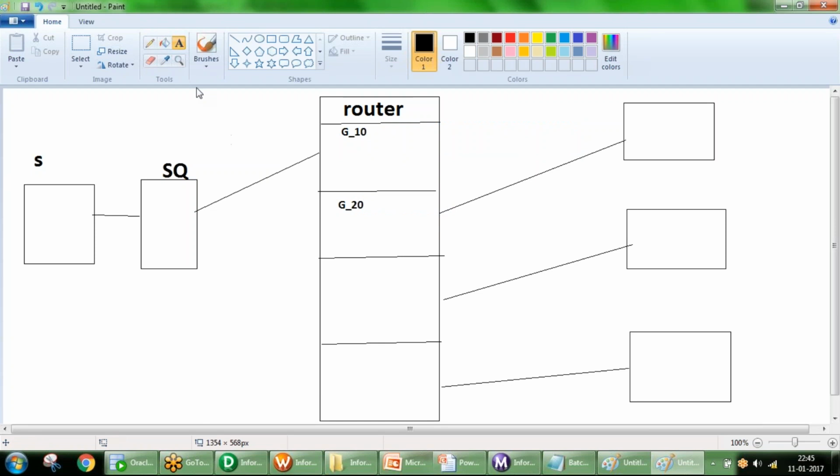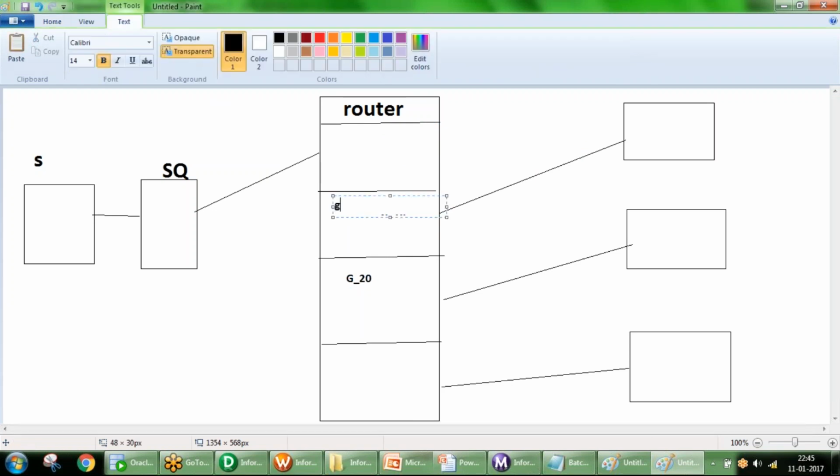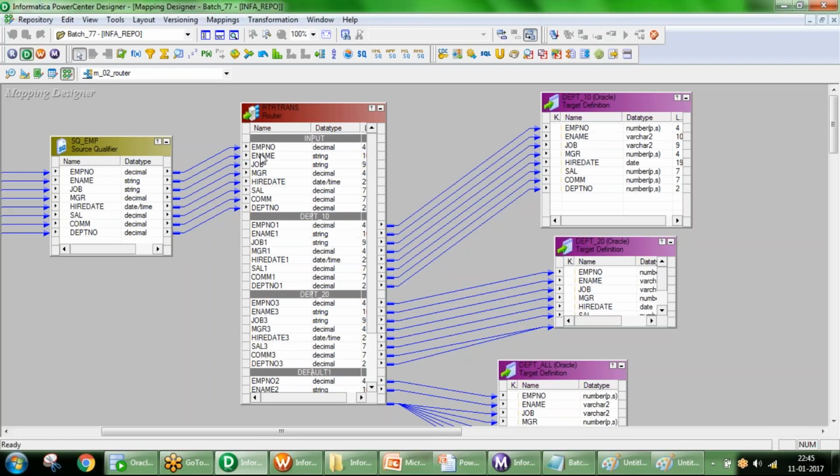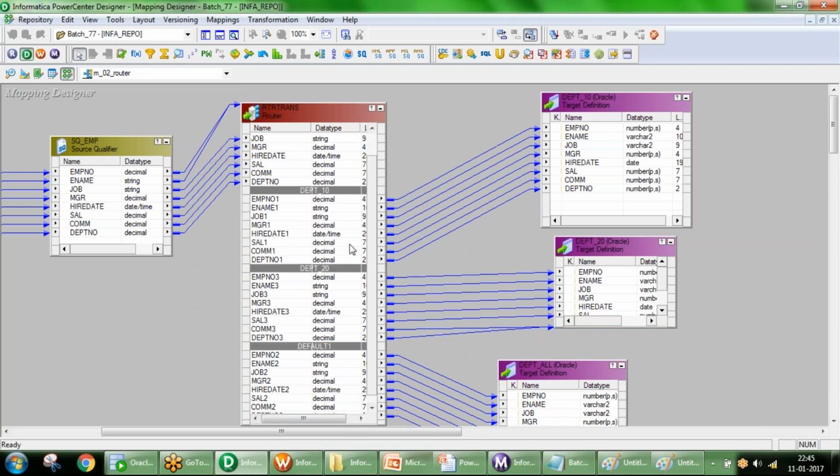And we don't have a default. Sorry, this is your group 10, and this is your group 20, and this is the third. This is your input group, right? Agree? See, you are going to have an input group, then 3 output groups like this.